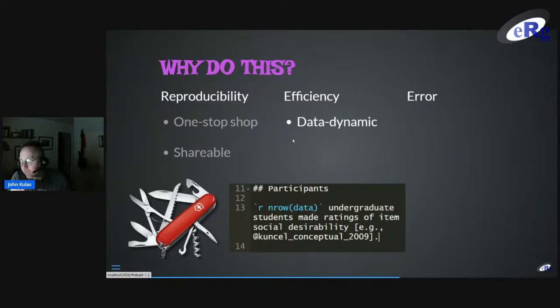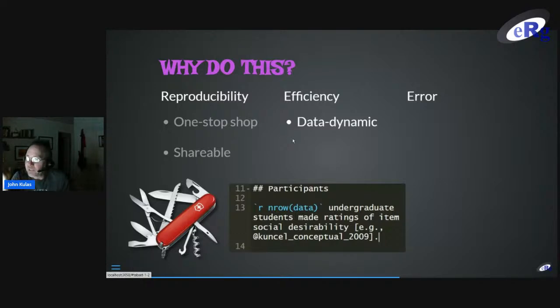So tick and then the letter R says this is an R command that's coming up. nrow is a built-in R function. It just says give me the number of rows in whatever the object is that I'm going to call out, and the object here, I'm just calling data. So what this is going to do is present a number that reflects the number of rows that are currently in that data object.